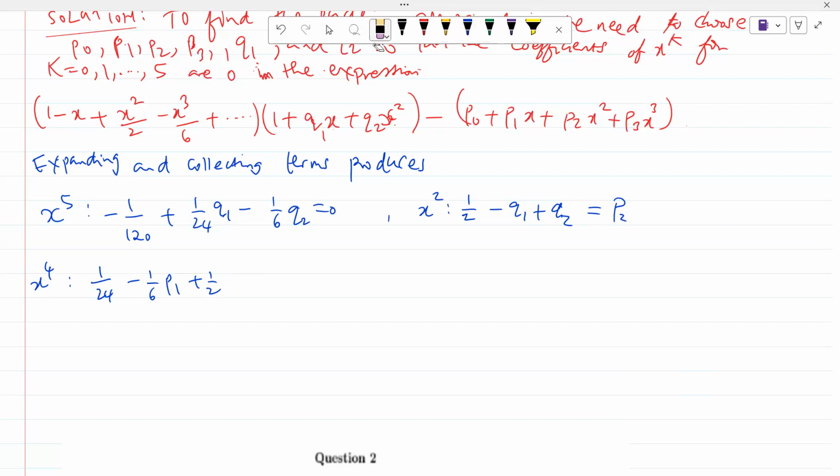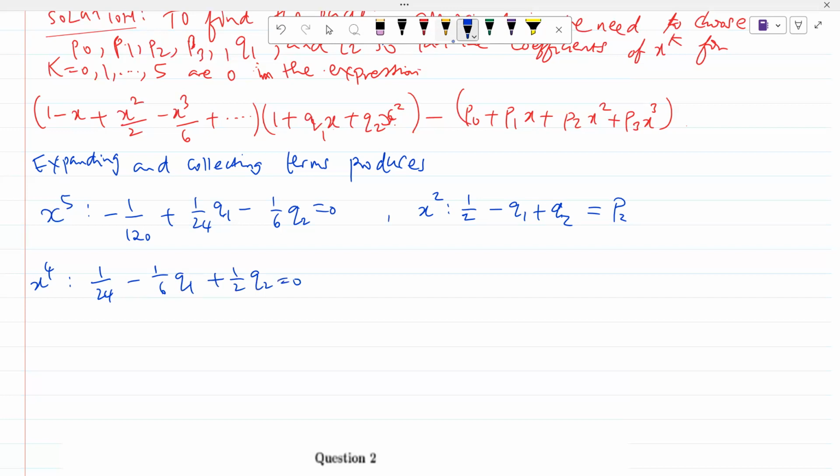Let's write the correct things here. So you have 1/24 and then minus 1 over 6 q1. I'm just speaking about the p's and the q's here. Plus 1/2 q2